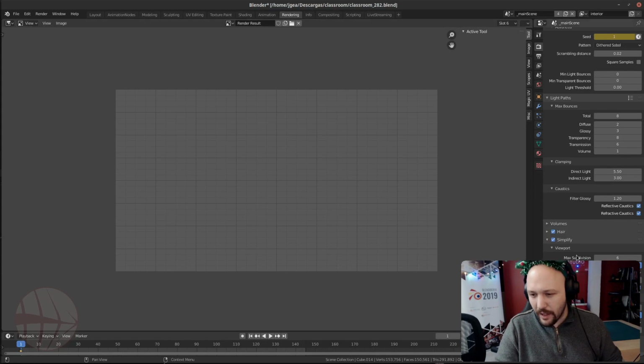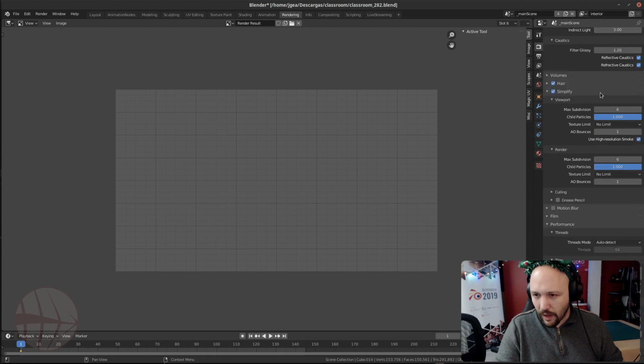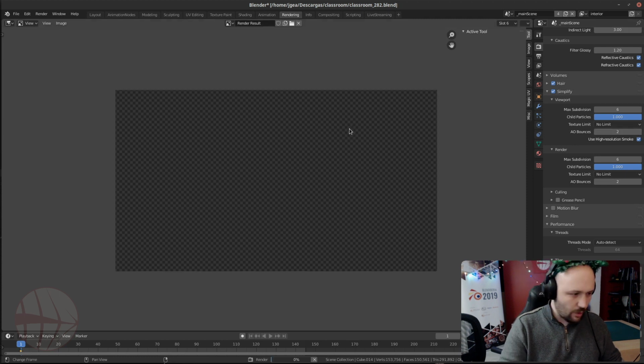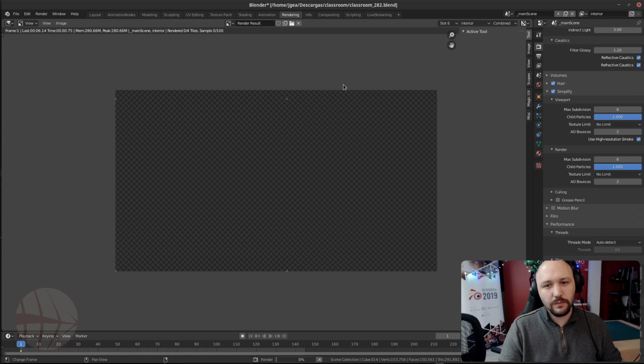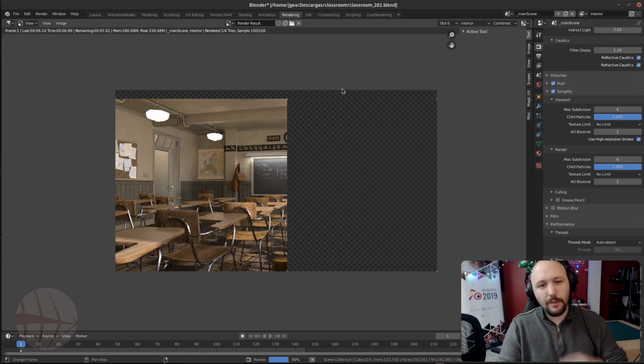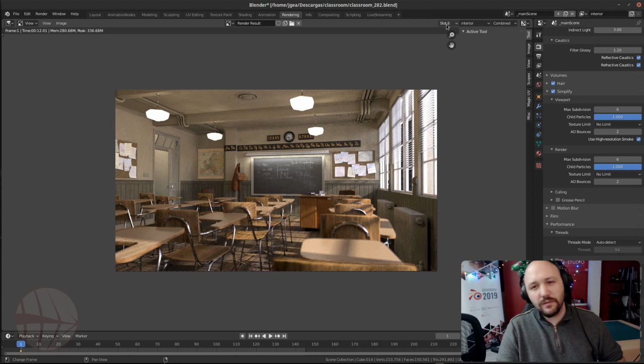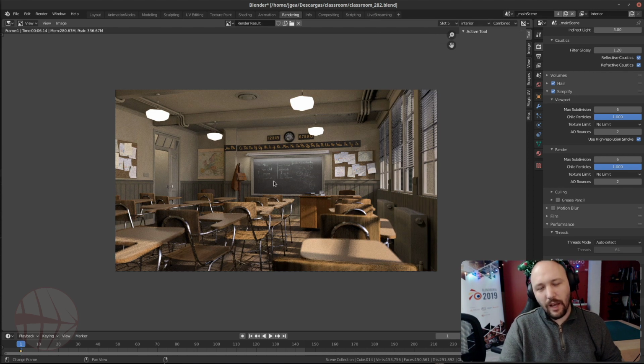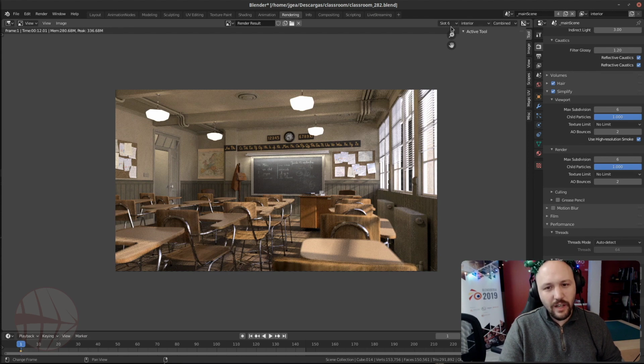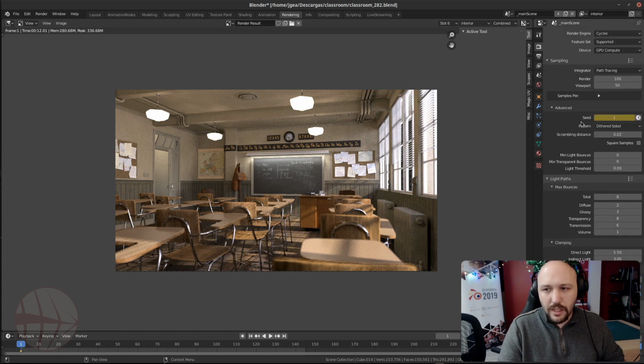We can try a middle ground. We go to simplify, and we increase the bounces of the render to 2. We press render. It takes a bit more. 12 seconds. So 6 seconds, you can see we have no light. 12 seconds, we have much more lighting. 28 seconds. But in the 12 seconds version, we get more artifacts because we are forcing too much the scramble